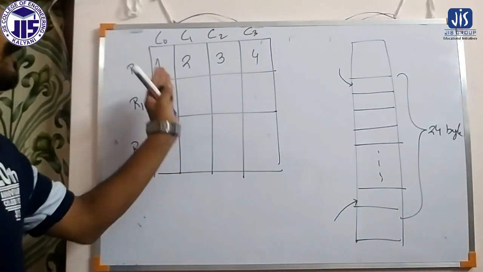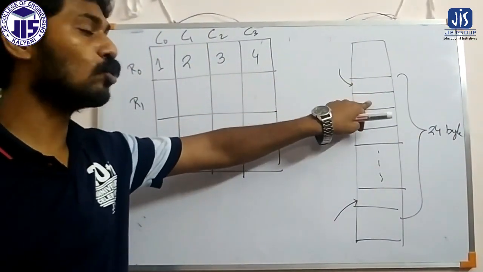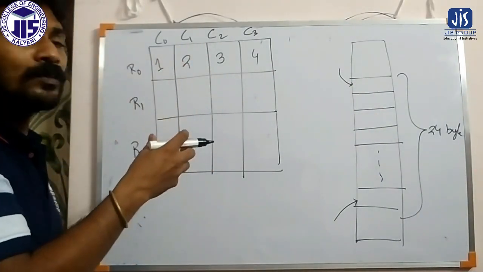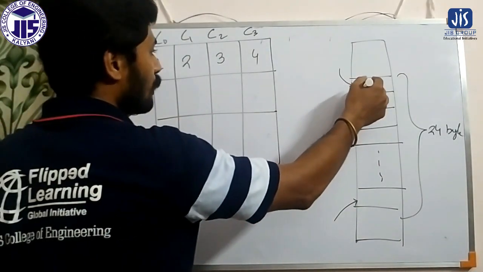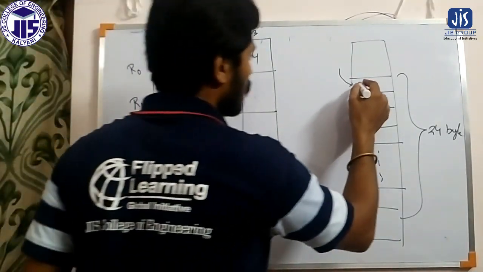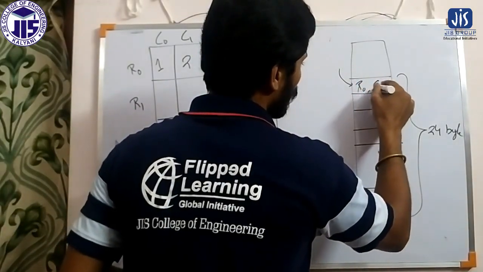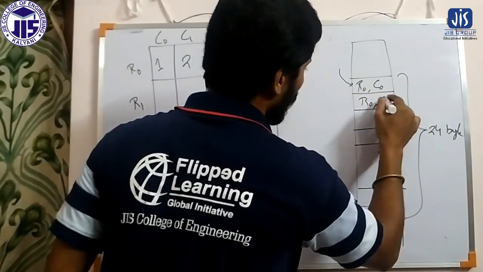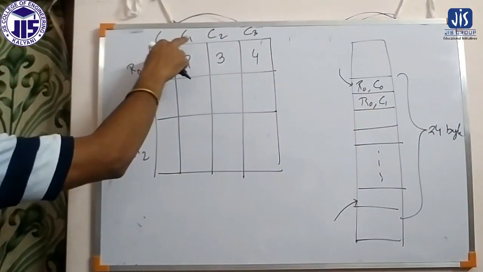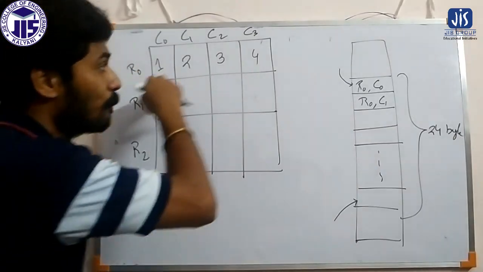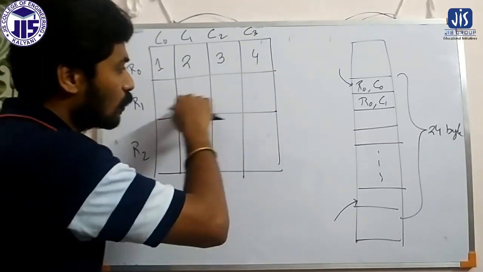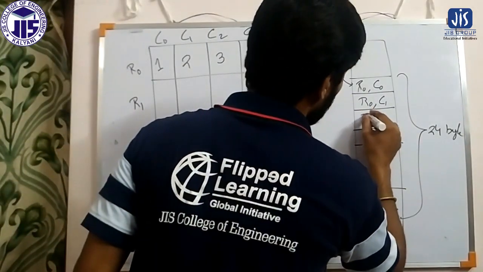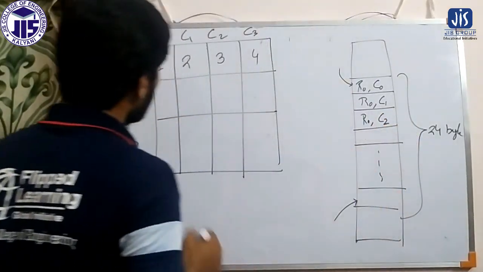So now I will show which element will get stored in the first position, which element will go to the second, which element will go to the third position. It will always store the data row wise. In the first position, row 0 and column 0 element will go. In the second position, row 0 and column 1 element will go. That means we are covering row wise. First we have to complete row 0, then we come to row 1. After completion of row 1, we will go to row 2. So next will be row 0, column 2, then row 0, column 3.